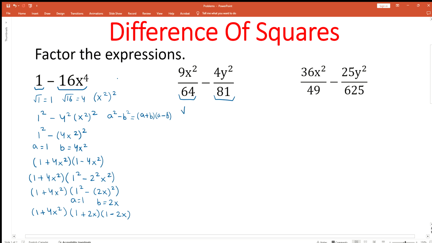Square root of 9 is equal to 3. Square root of 64 is equal to 8. Square root of 4 is 2. Square root of 81 is 9. The x and y terms are already given as square terms, so we do not have to change them. We can rewrite this given expression as